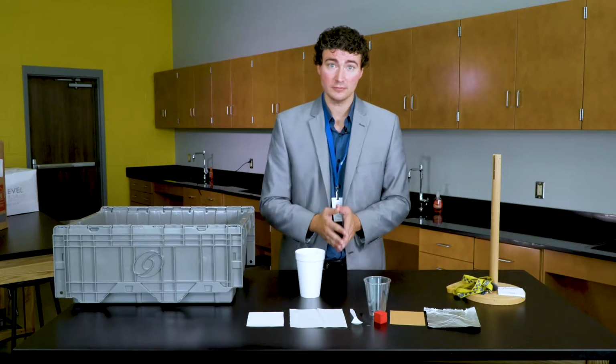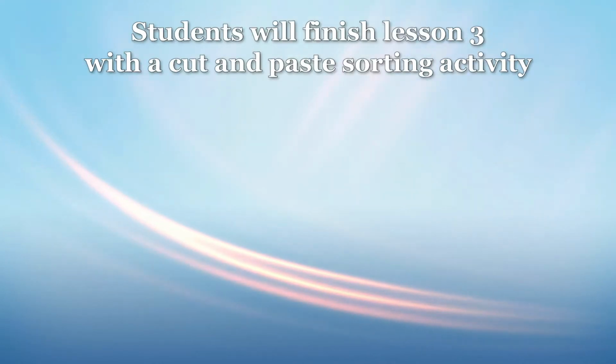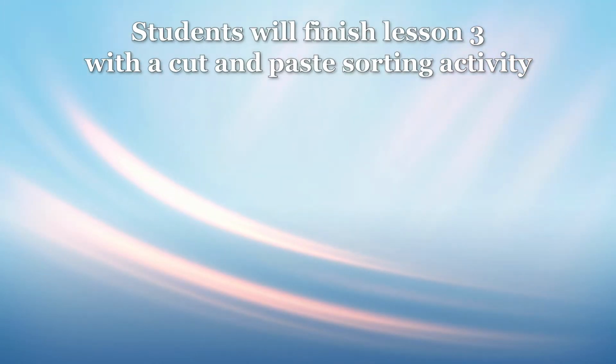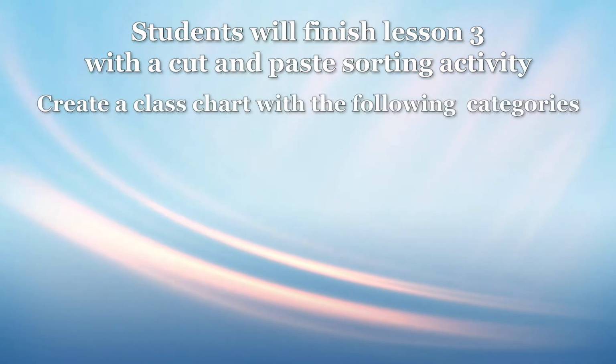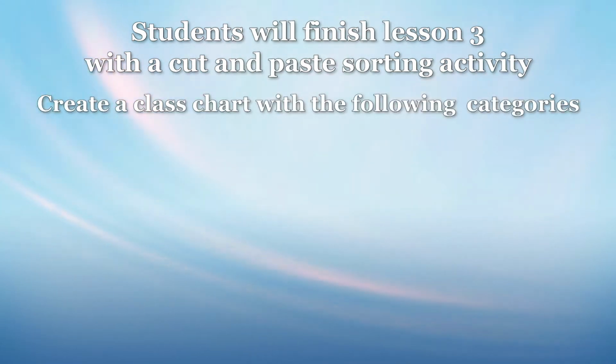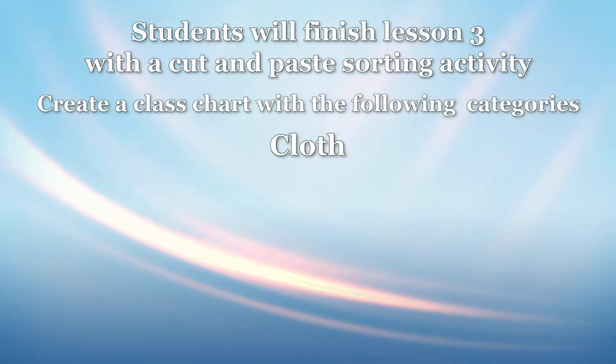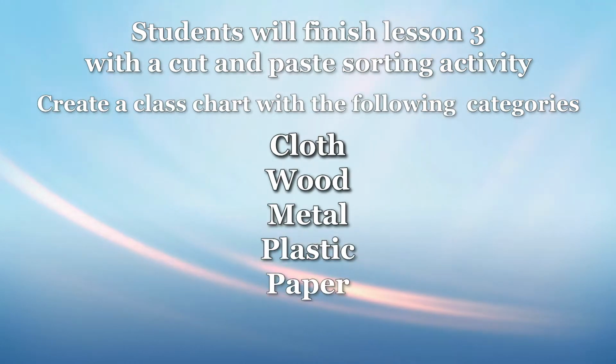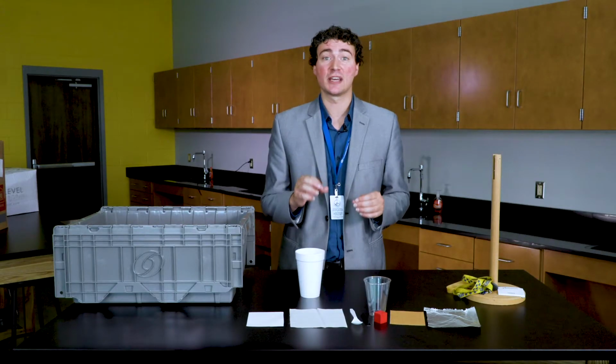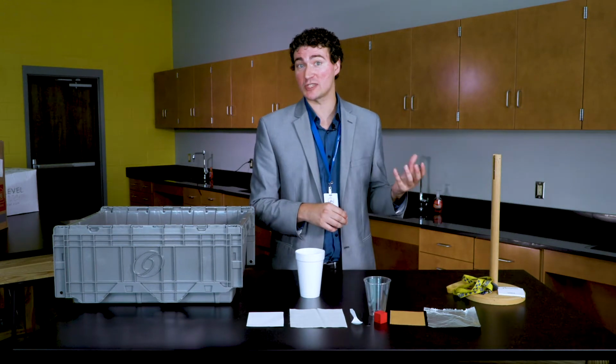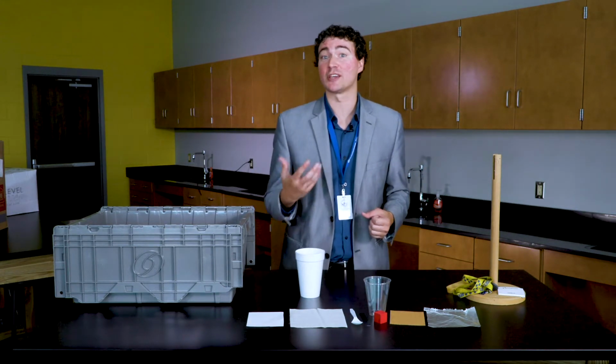Students could keep working with their partners from Lesson 2 to help foster scientific discussion and peer learning opportunities as they conduct this investigation. After the investigation, students finish Lesson 3 with a cut and paste sorting activity. Create a large class chart on chart paper with the categories labeled cloth, wood, metal, plastic, paper, and other, and ask students to cut out their drawings from the Lesson 2 scavenger sheet and paste them in the correct category on